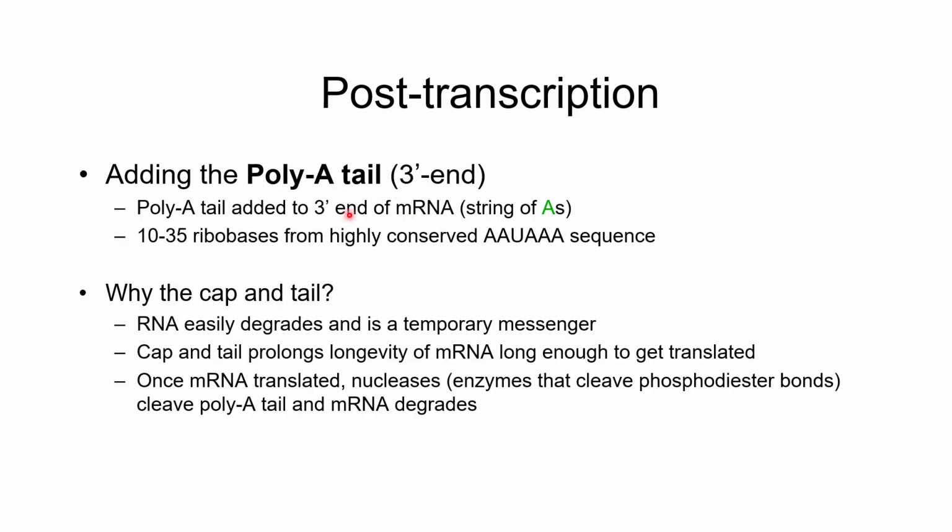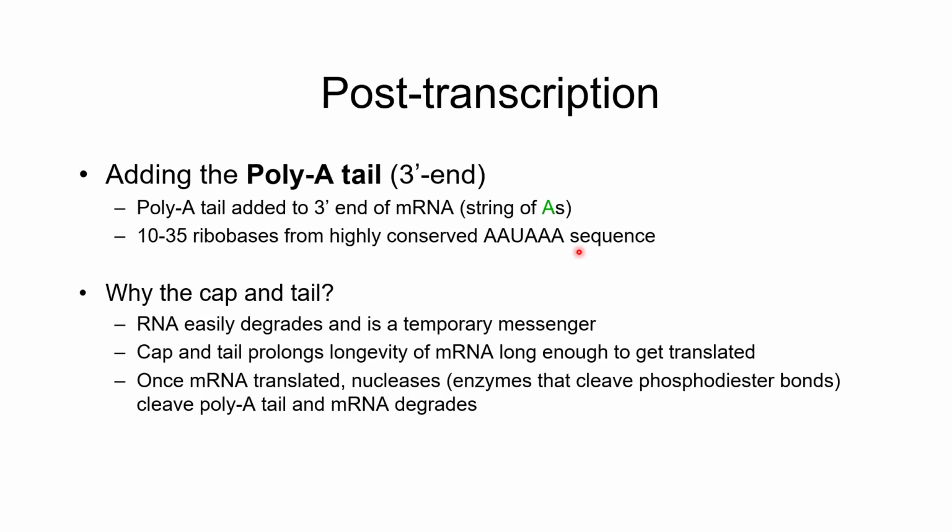Okay, the second modification is adding what we call a poly A tail onto the 3' end. So the poly A tail is where we stick a string of adenines onto the end of our mRNA, and typically it's somewhere between 10 and 35 ribobases, and it's this very highly conserved sequence in which it's adenine, adenine, uracil, followed by 3 additional adenines. And it just repeats over and over again. Okay,